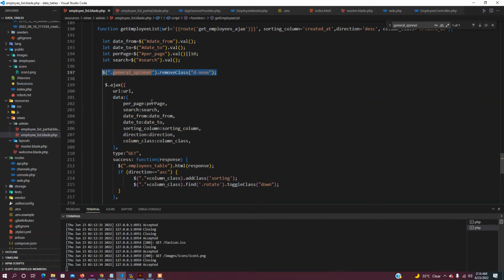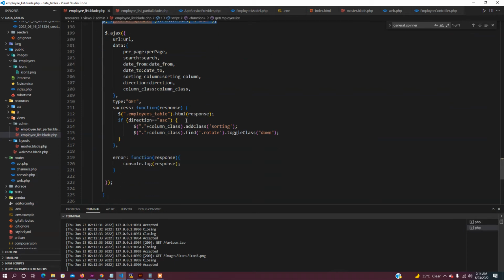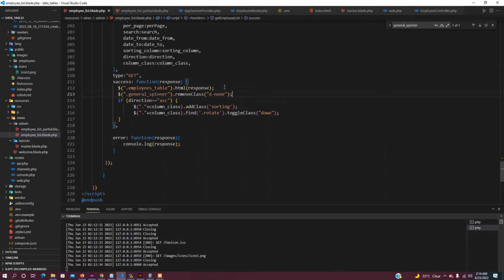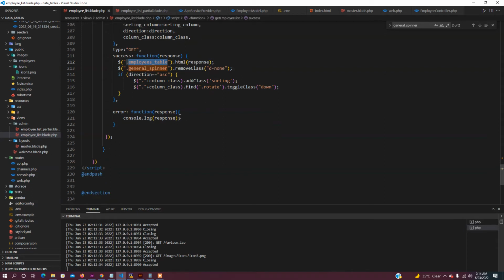I'm going to copy it. I'll also remove it after I get a response, after I print the response to my table, and I'll also remove it when I get an error